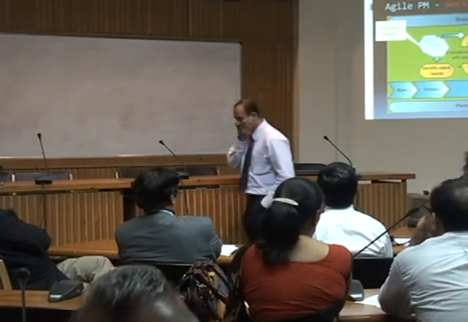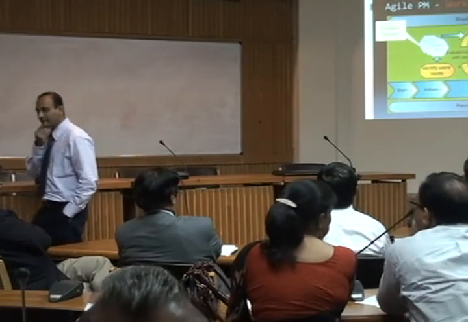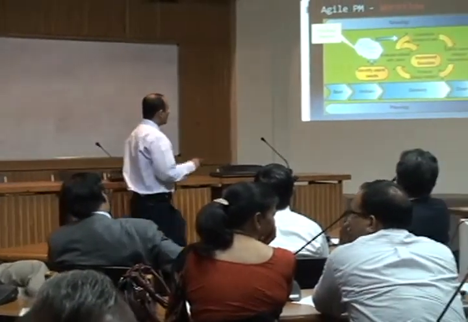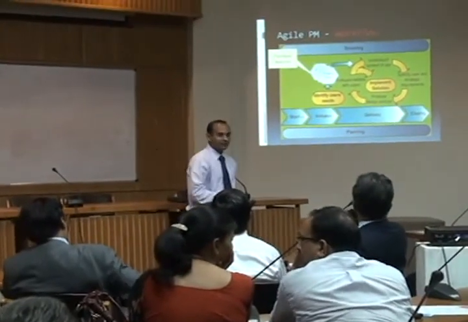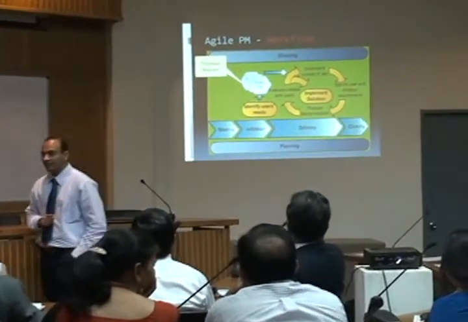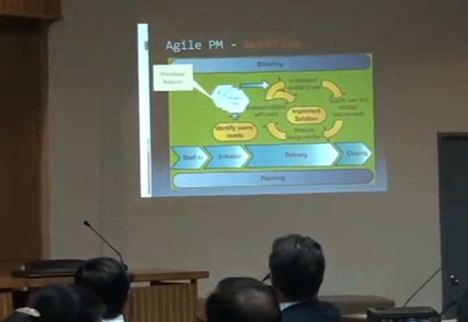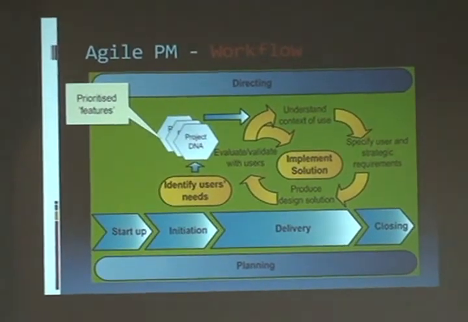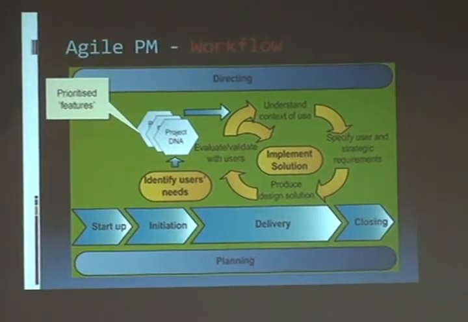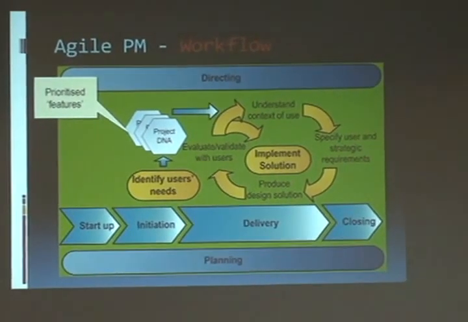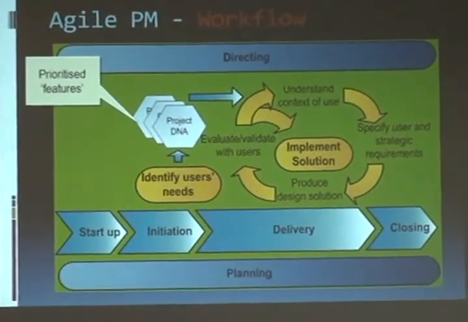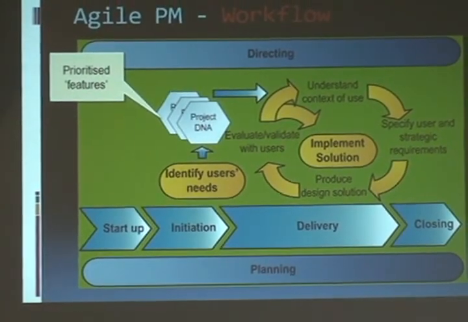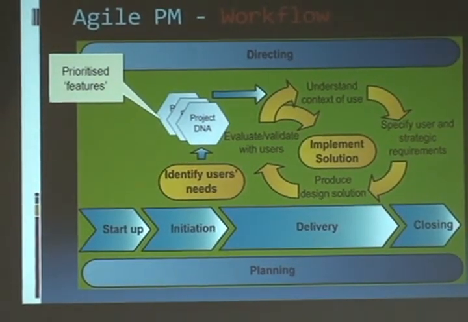Very complicated diagram, but again, this diagram is not my creation, so I will not take the blame for it. This diagram has been copied from one of the slides, and I have duly acknowledged that. Essentially, what I mean to say is that any agile project management works on a few key and useful features from the customers. So while you discuss with customers, and it's not a one-time discussion, you engage and draw a list of useful features.